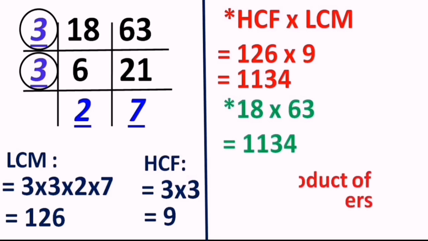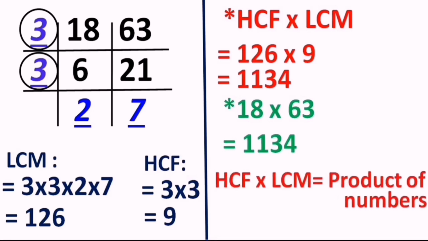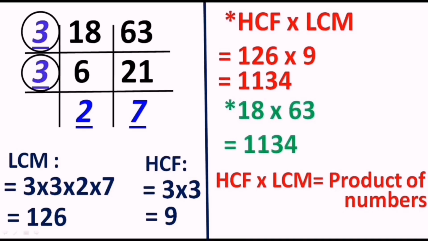Okay. And once this happens, we can say that the property is verified. Yes. HCF into LCM is equal to the product of the numbers. And this is how we can say our property is verified, by writing the final answer the way you are looking at the screen. And I hope I made it very clear to you all, and you have understood the property particularly. And now we will try to solve the sums based on this property.